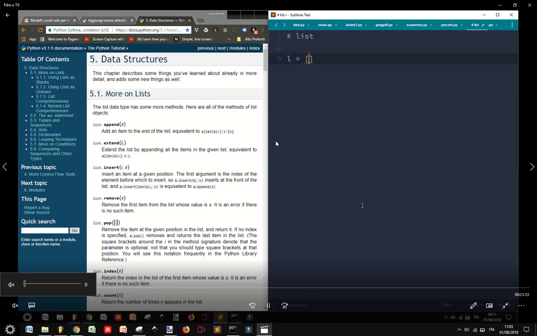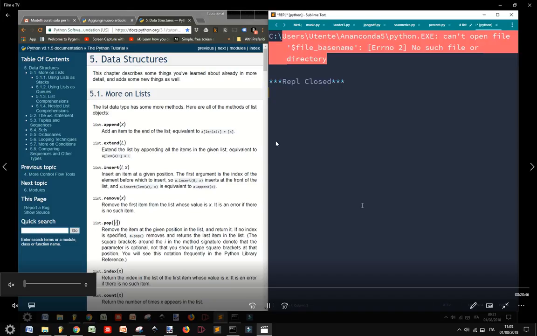We have a list, and to create a list, we just have to say variable equal to something in square brackets. That can be any kind of item, it can be an object like an integer, a string, or another kind of object, a class itself, anything. And if we print this variable with print, we will find that